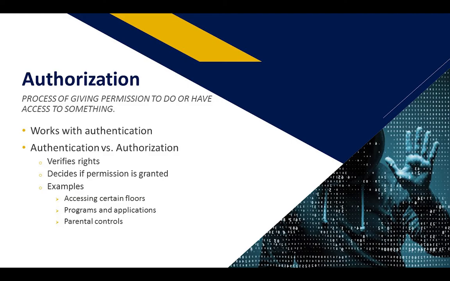Some examples of this are a person's access to certain floors or areas of a building, such as a government building or in hotels. This is also applied to programs and what types of changes a user can do on it. In addition, most users have used authorization controls when setting parental controls on computers as well as their TV